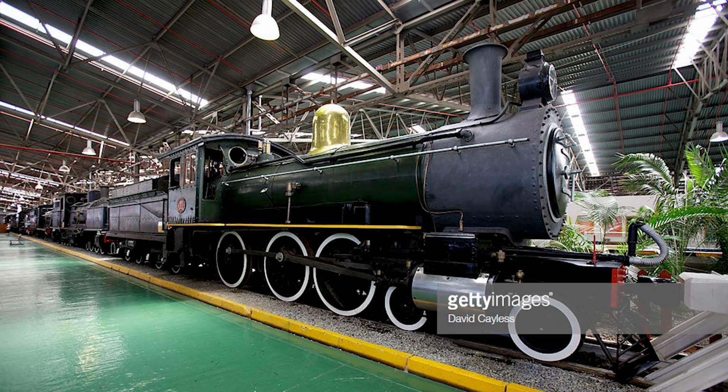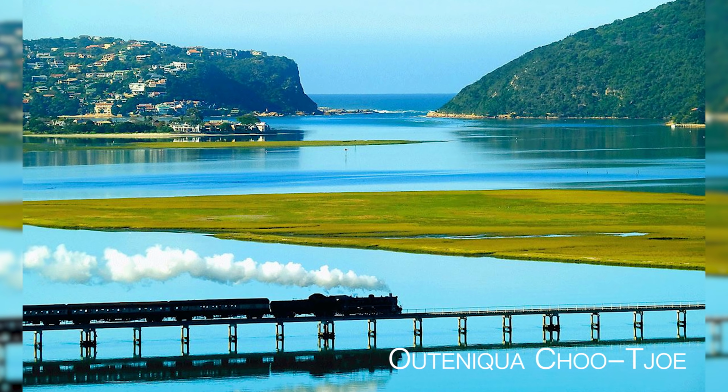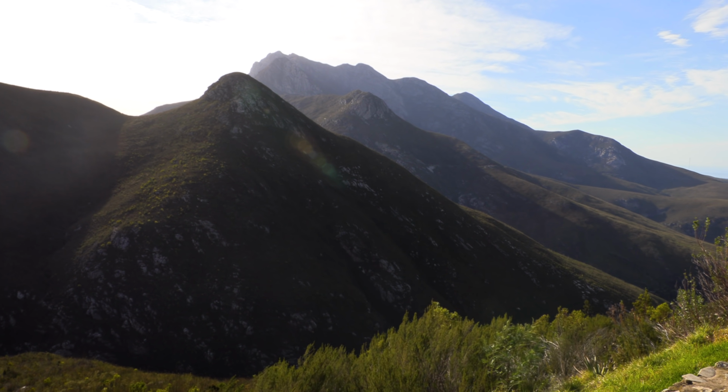But I've also had a few school history tours when I was in high school, where we actually went to a railway museum in George, hopped on a little train with a tour guide and went up a railway line that follows a very famous route called the Outeniqua Choo-Choo, which goes through these mountains between George